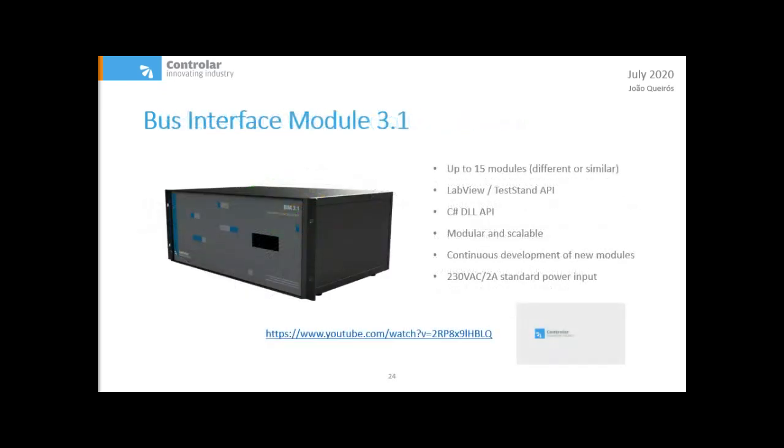Our bus interface module 3.1 is a rack box with the capacity to include 15 PCB modules inside. These modules can be any that we already have developed, or custom versions can be developed to meet any specific requirement. With 15 Bridge4Net BIM modules, we can have 60 media converters in a 4U 19-inch rack box. This greatly reduces space and simplifies connection versus using 60 different converters.